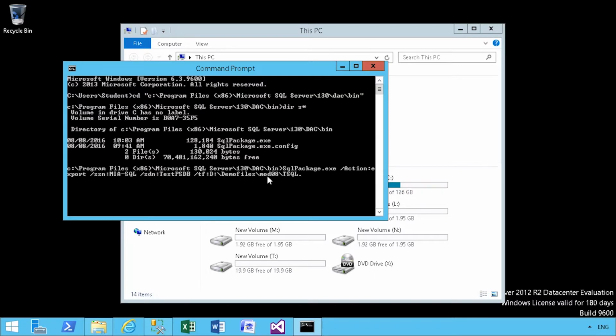T-SQL compatibility .BACPAC. The data that we want is going to be the table data, and the table data we want is going to be the stats.tests table,